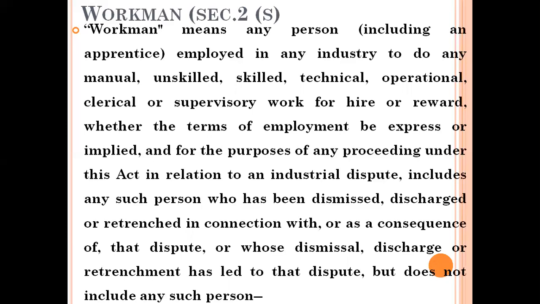So workman means any person employed, including the apprentice, in a business, in an industry, whatever the job may be, whether it is manual work or skilled work or unskilled work or technical work or operational work or clerical work or supervisory work,